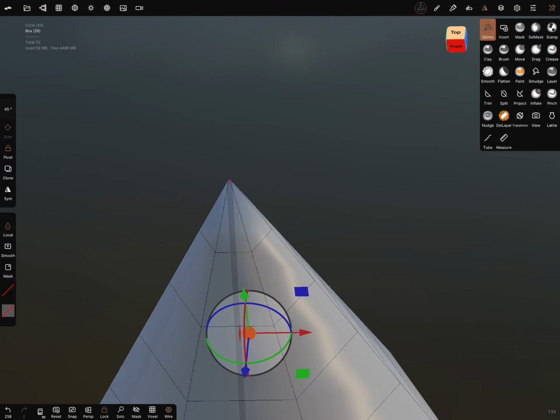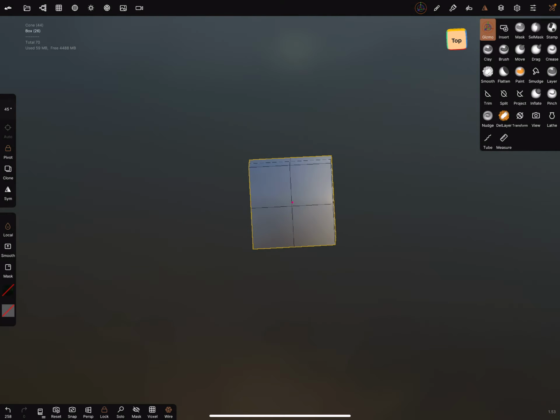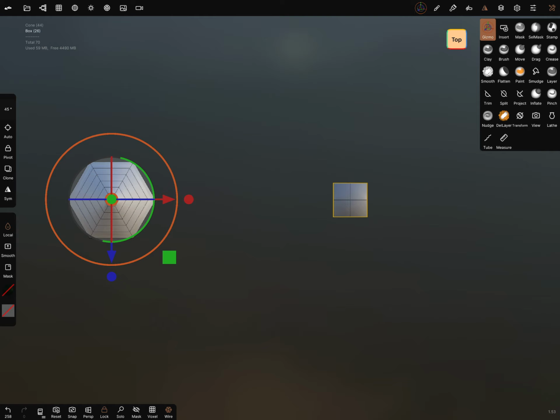Sometimes I think it's okay that it just snaps to the right position, but okay. And now we deactivate the pivot. And now you can rotate your object